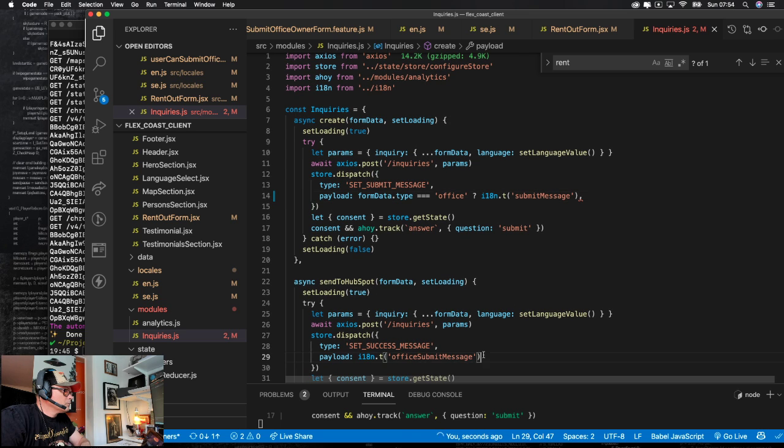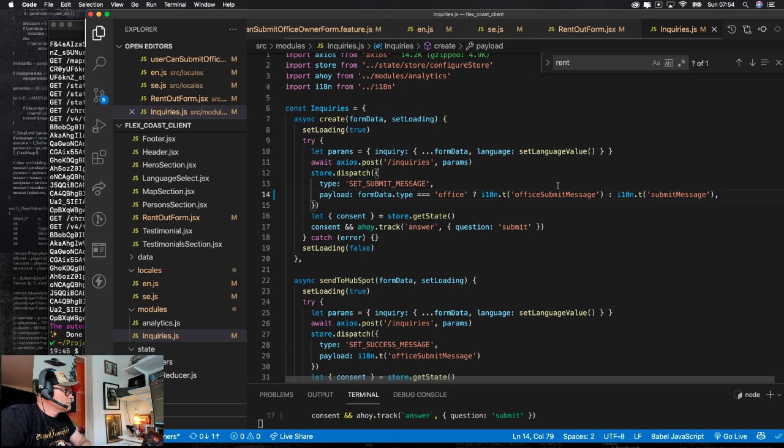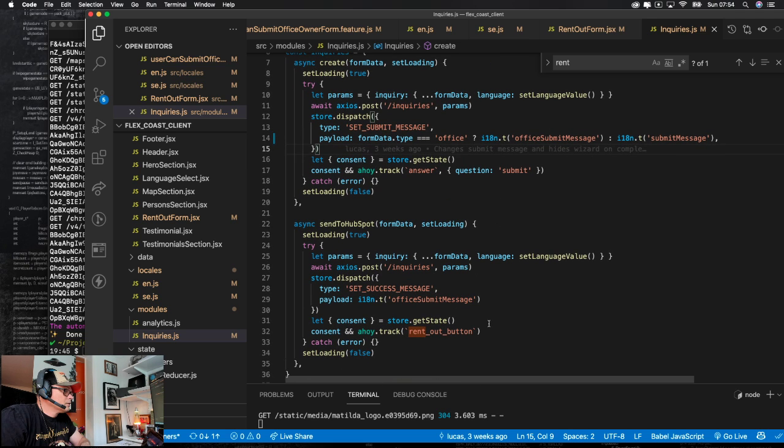Then we just use this, otherwise we use that. So I'm just going to add an attribute that is called type here, and then here consent.